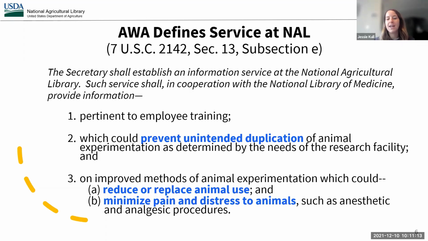This information service later became known as the Animal Welfare Information Center in 1986.